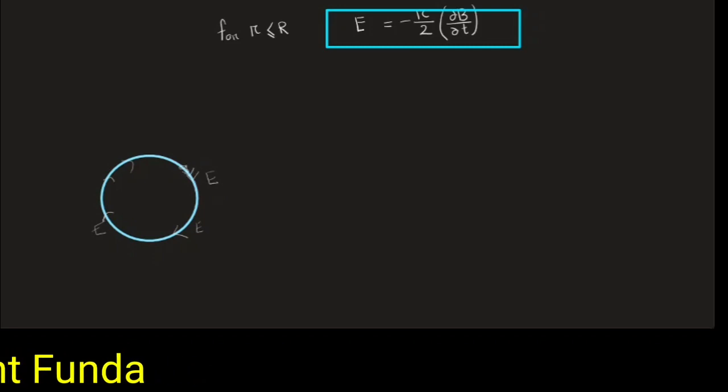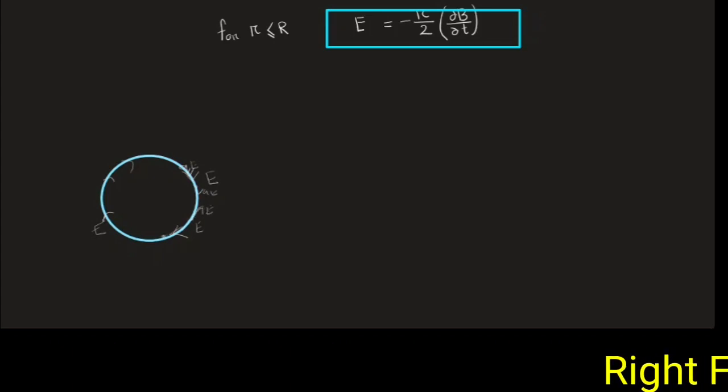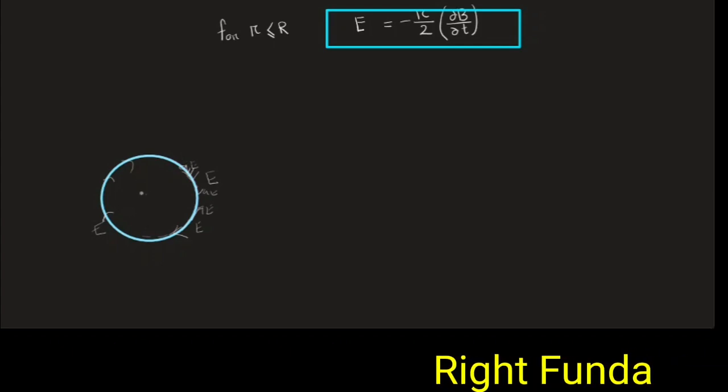So here charge Q is there, so QE force will be there. Here charge Q is there, QE force will be there. Here charge small q, the QE electric force, like this. And the net force will be equal to 0. Net force on the ring will be 0. So the center of mass will be at rest.